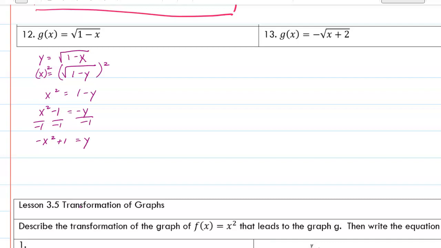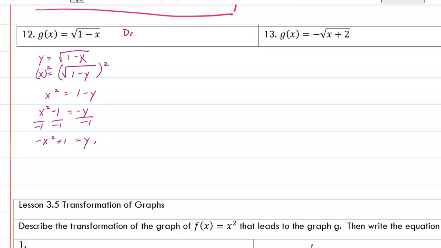Now, guys, this is a square root, okay? It's just one part. It's probably going to look like something else, but it's just one part of a parabola. We have to restrict the quadratic's domain, okay? So how we're going to restrict the quadratic's domain is we're going to find the domain